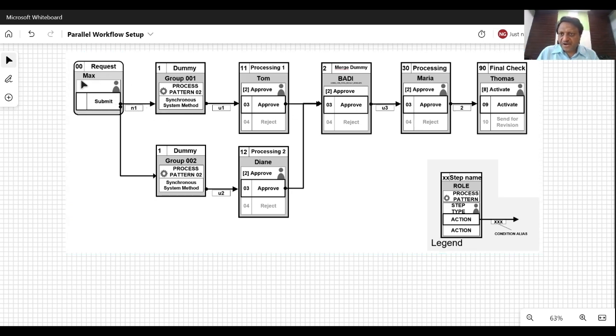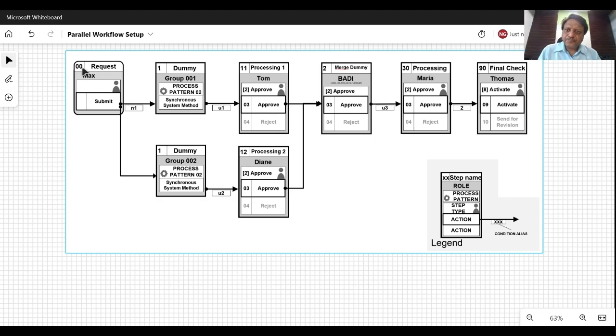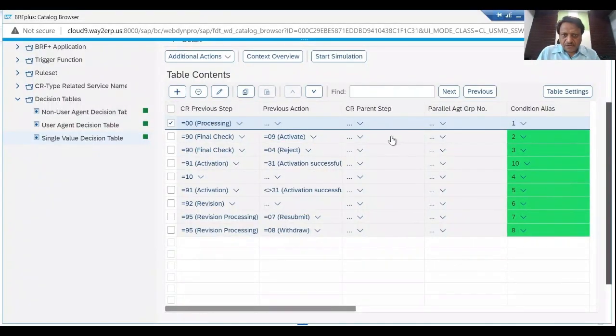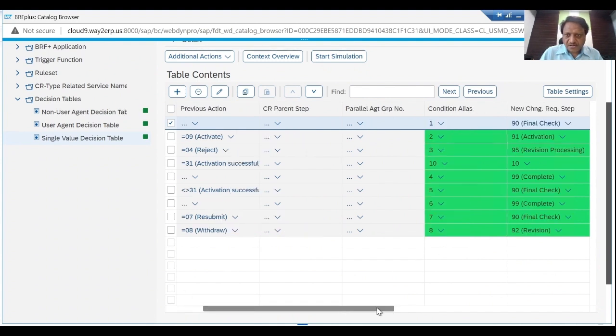So when we start a process from 00 requester step, the next step is the dummy step. And so this is step number 1. So we will try and map this. There is no previous action, there is no parent step for this, so the parent agent group will not be required. But with step 0,